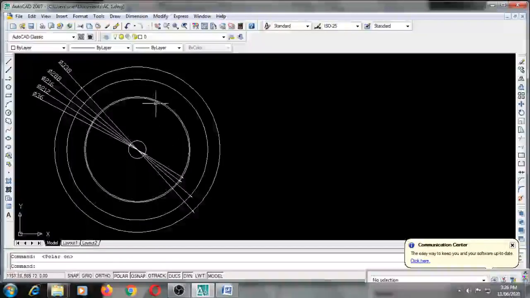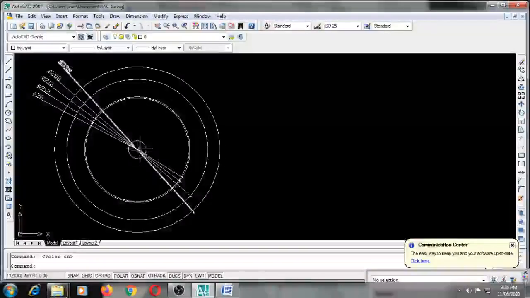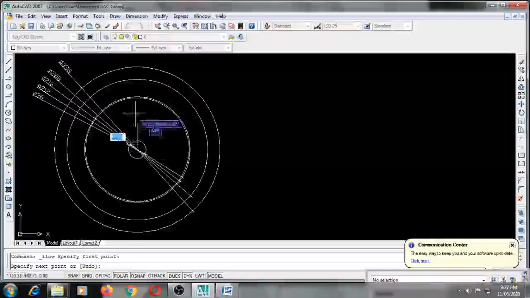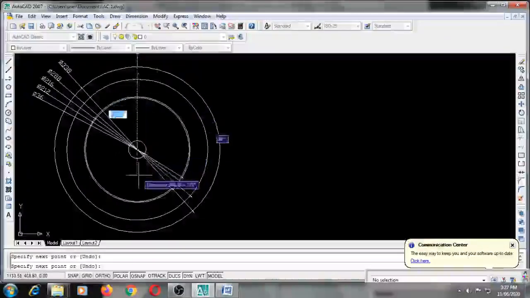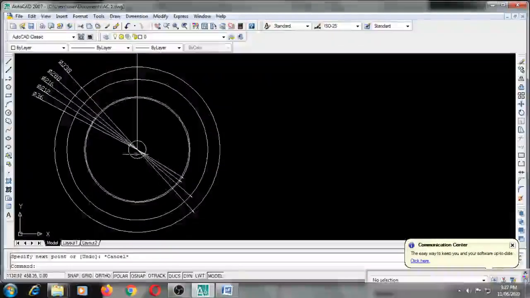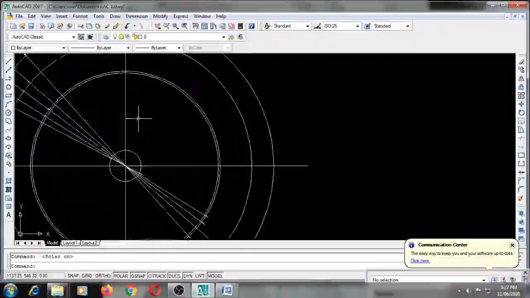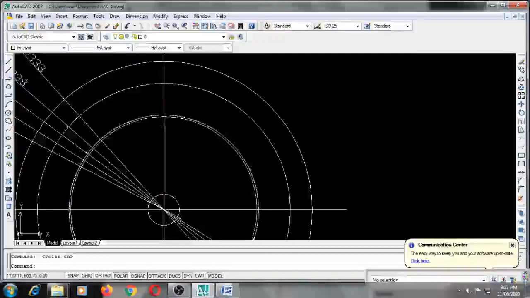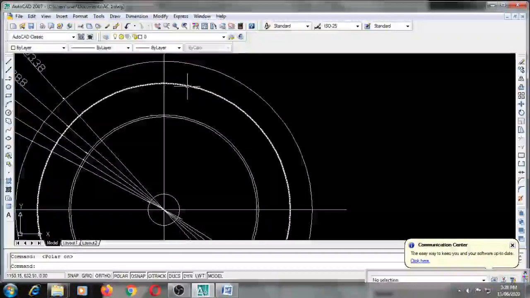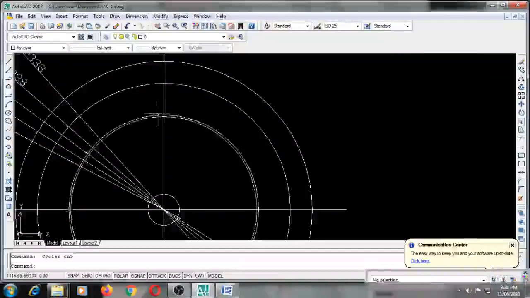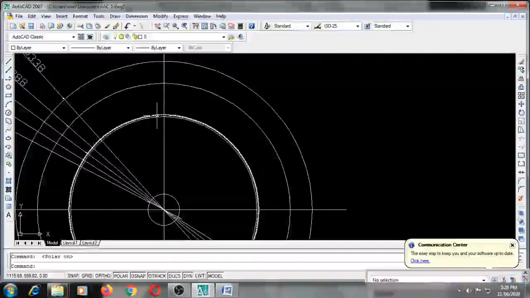Next step, we need to draw the slots in the stator and rotor. Before doing that, let's have the quadrants here. Take a straight line from this center point, just draw one line, and the same way draw a line in this direction. Once we have these axis lines, start drawing the stator slot from the inner diameter. This is the outer diameter of the stator, and this is the inner diameter, 216 is the inner diameter of the stator. So from here you should draw the slot.